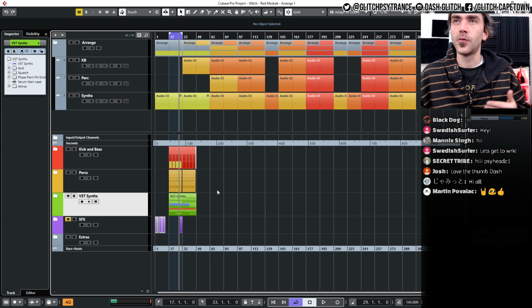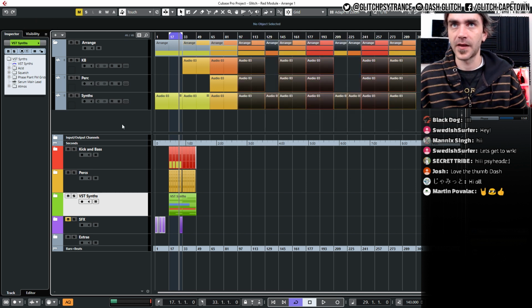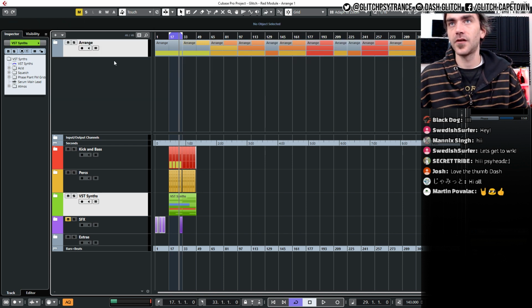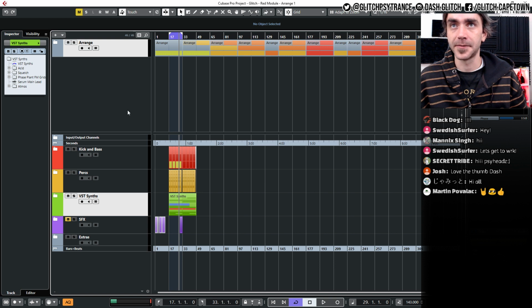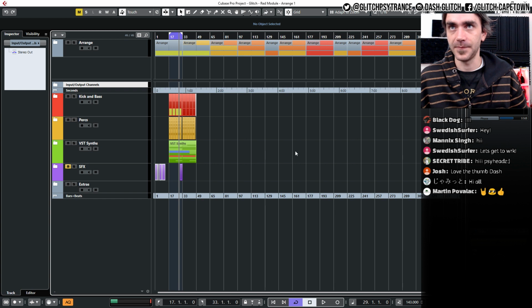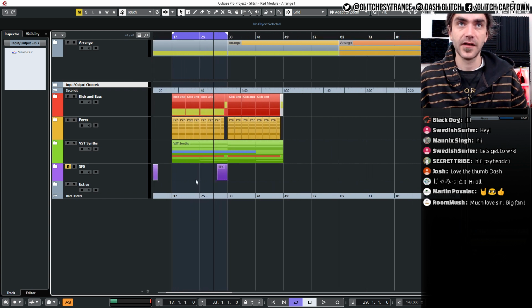If you're busy working with something and you feel like you want to extend something, you can just do that very easily. And I find it helps to separate these into different timelines, so you can quickly and easily see what's going on, and also just take it away if you need. But anyway, the section that was playing now is